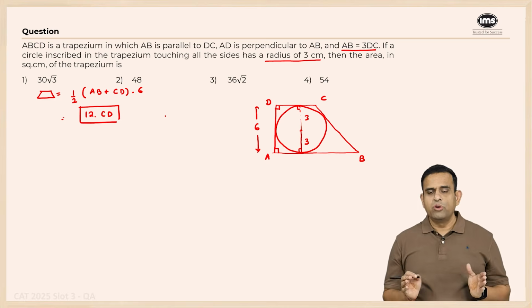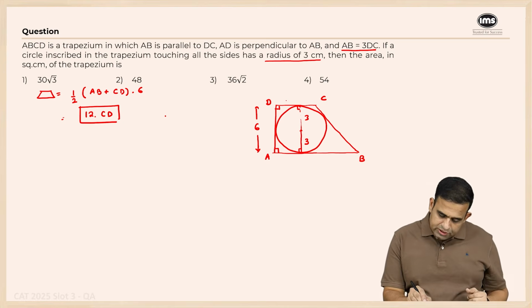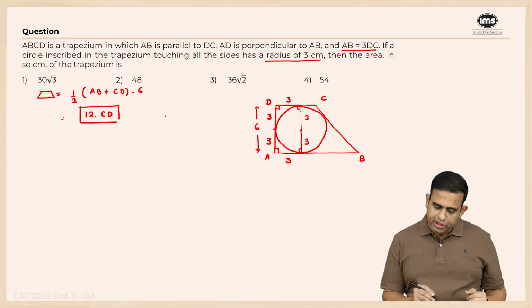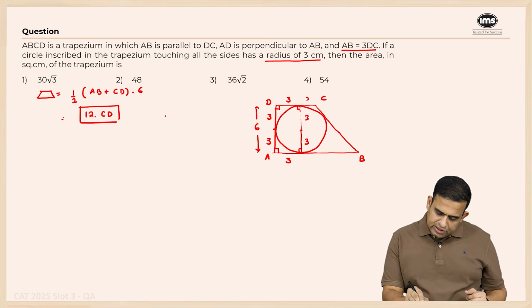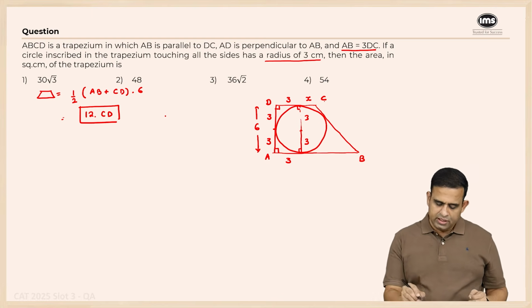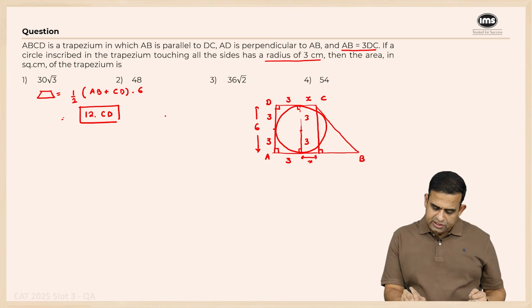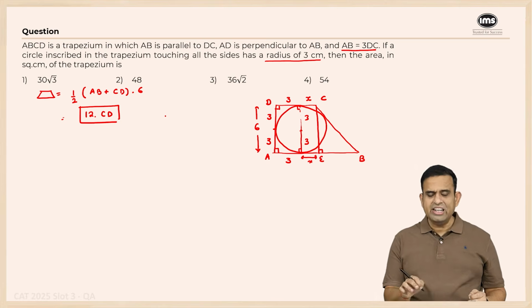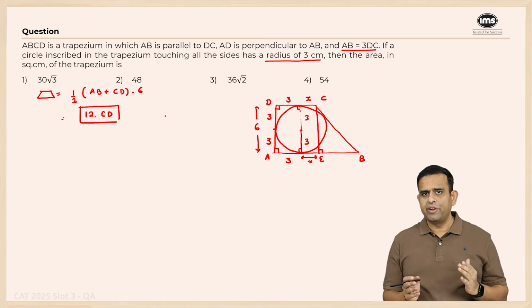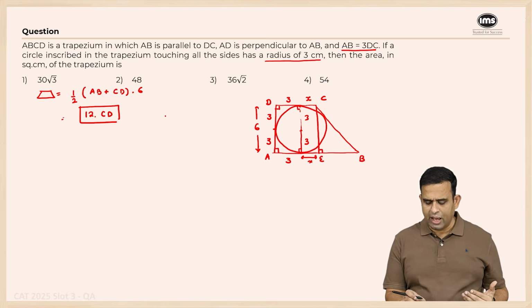As we know, all the 4 sides basically happen to be tangent. So this is going to be a 3, this length will be 3, this will be 3 over here. Now we can say if this is some number x, and if I drop a perpendicular from C on this, then this part also will become x, because this part, if I call this point E right now,